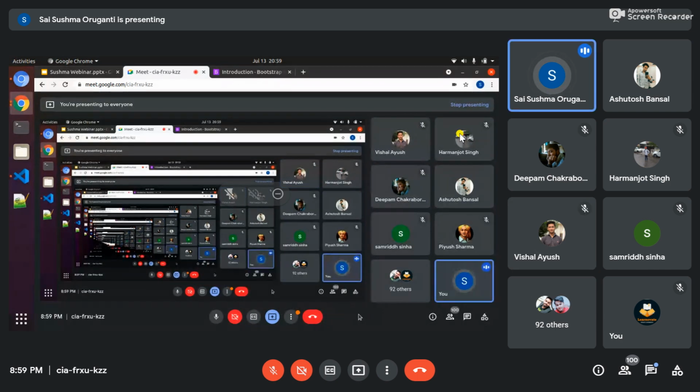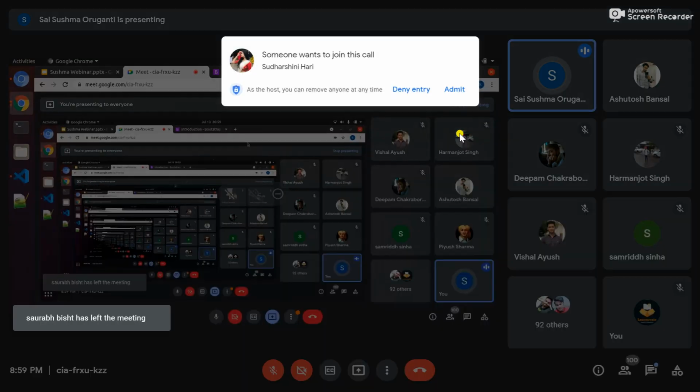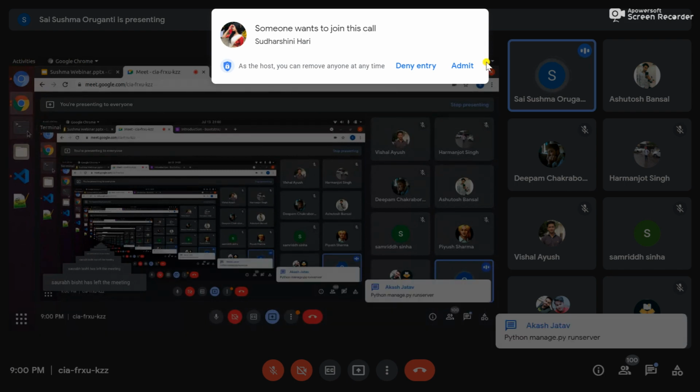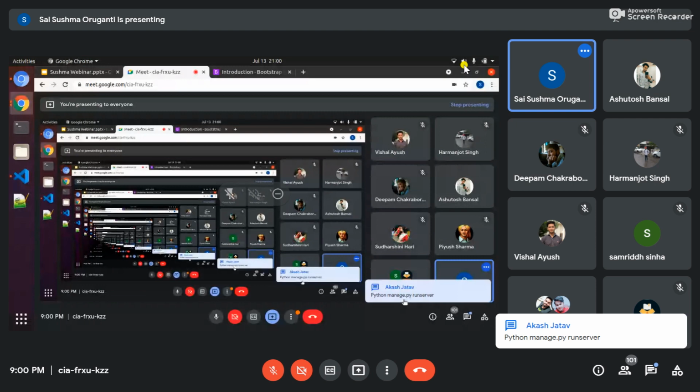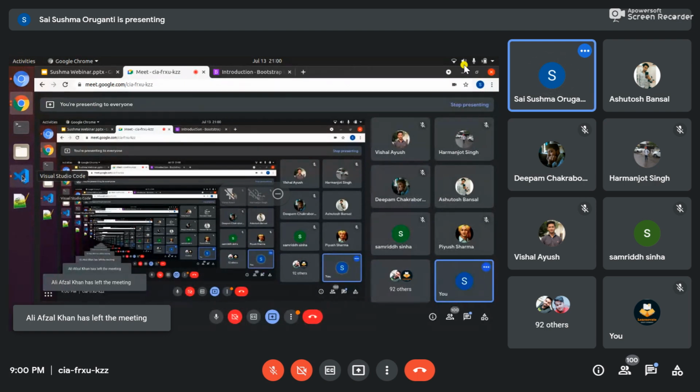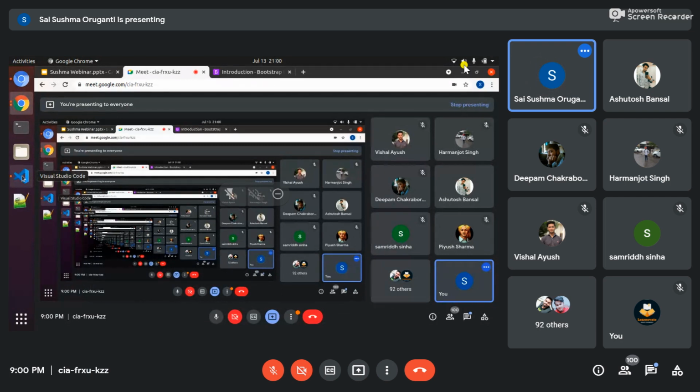In Python, you have to install Python in the terminal. These commands will be available in the browser. You can just search for what type of links you want to download Python, or else just Google it. Here you can type the commands, and it will be installed in your system, like if you are using Ubuntu. My system is now Ubuntu. We are discussing front end now, right? So let's go ahead.